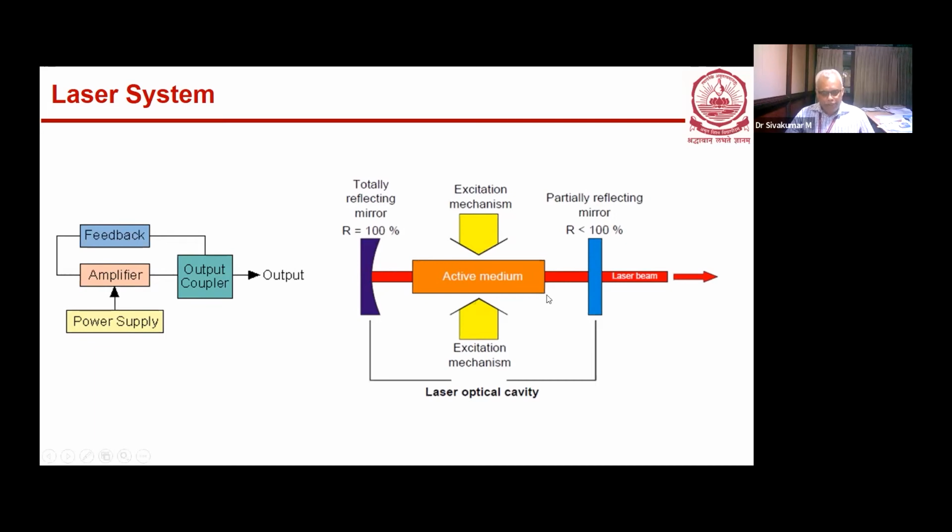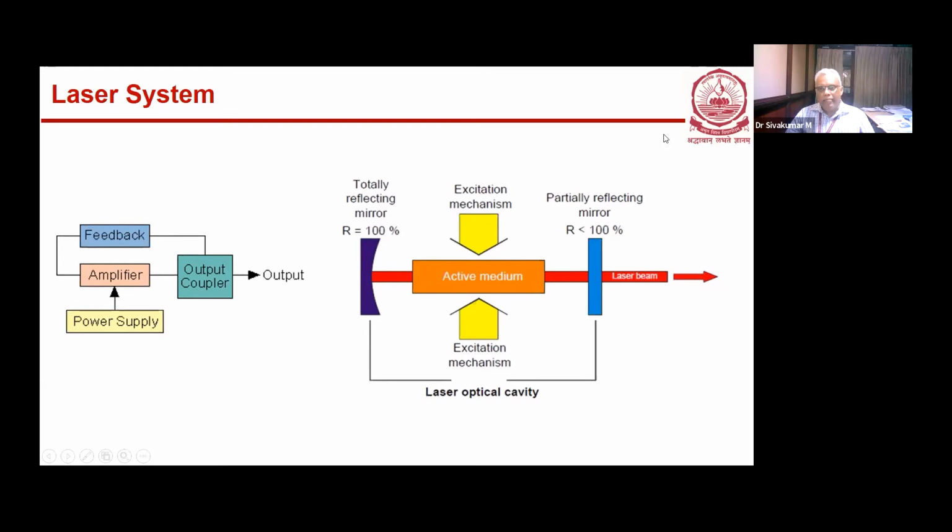You see here the active medium, which could be solid, liquid or gas. And this is the excitation mechanism, so that the atoms go to the excited level, and the stimulated emission process takes place. The photons produced by the stimulated emission come out, and there are two mirrors. One is 100% reflecting, the other is slightly less than 100%. So these photons start oscillating between these mirrors. Once a photon is reflected from the 100% mirror, it goes again to the active medium,